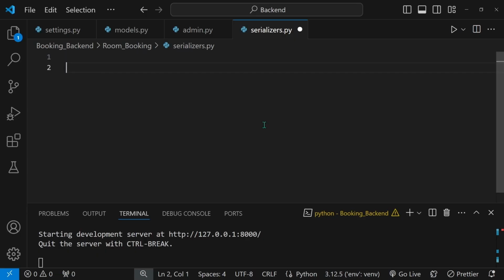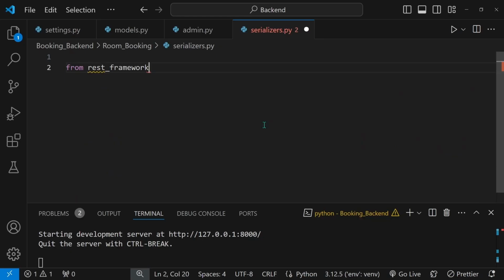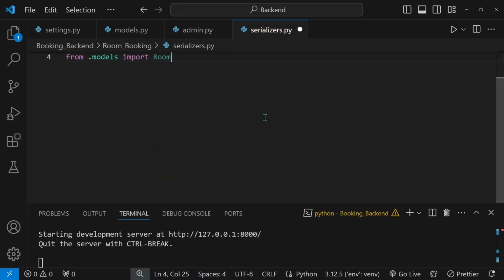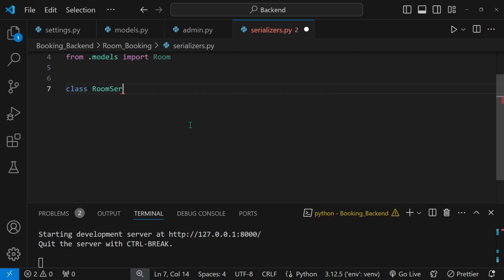To create a serializer, first of all, we'll be using REST framework. So from REST framework, import the serializers class. And we also need our models, so from .models, import the Room. The first serializer that we'll be creating will be the RoomSerializer. So class RoomSerializer, and I'll jump right onto the main stuff. It will inherit from the